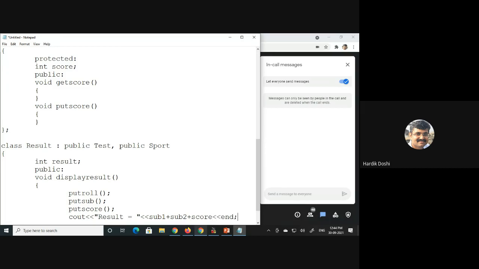First, this is my formula. That's it. Did you get the concept? This is hybrid inheritance.